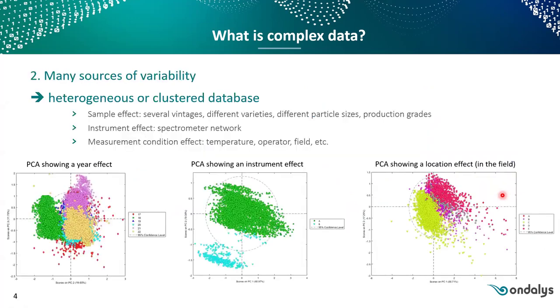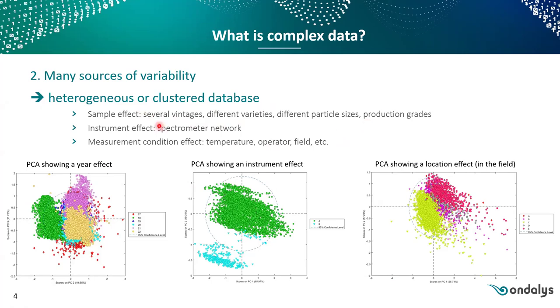A second type of complexity would be when we have a database with many sources of variability in our samples. For instance, we could have very heterogeneous data or even a clustered database. And this could be caused by several effects. First of all, we could have heterogeneity related to the samples. In this first figure, we have a PCA showing a year effect: same kind of samples, but the spectra were acquired over different years, so it could be different vintages. We could also have different varieties, for instance, in agri-food samples. Different particle sizes also could influence the spectra, or in chemistry, you could have different production grades, which would cause